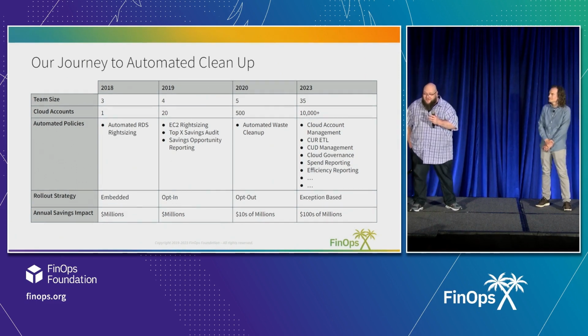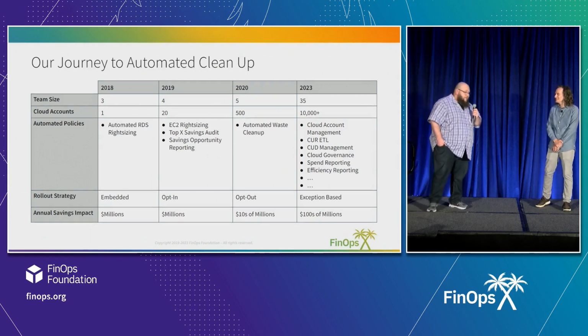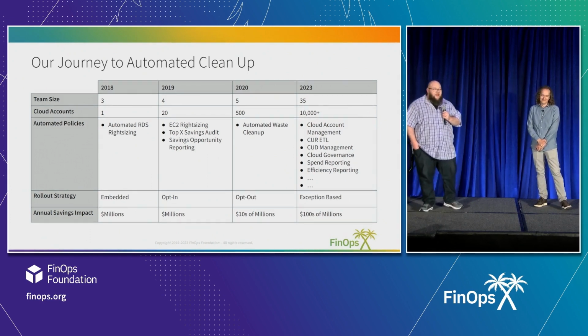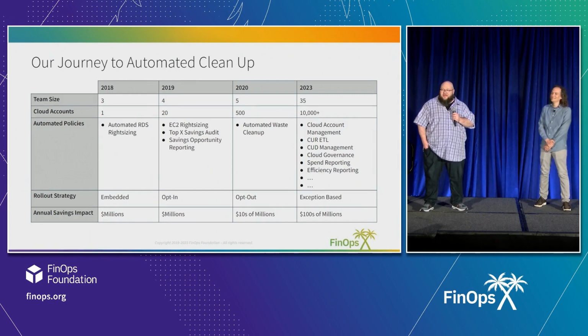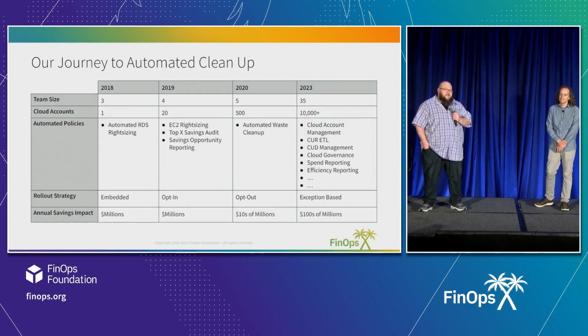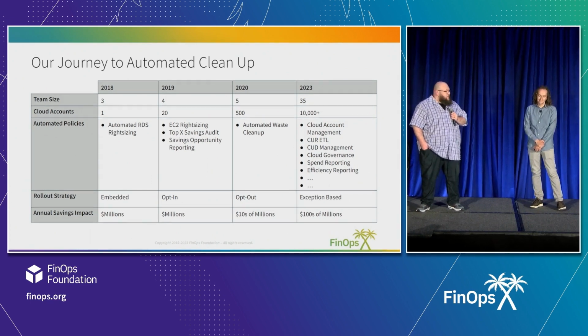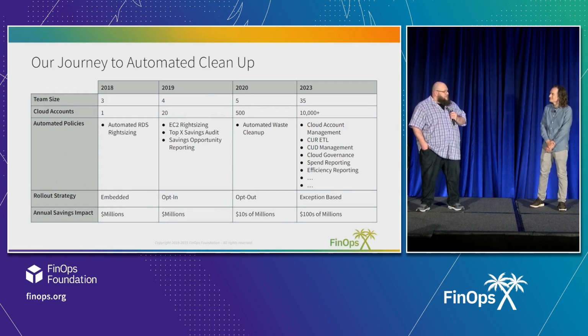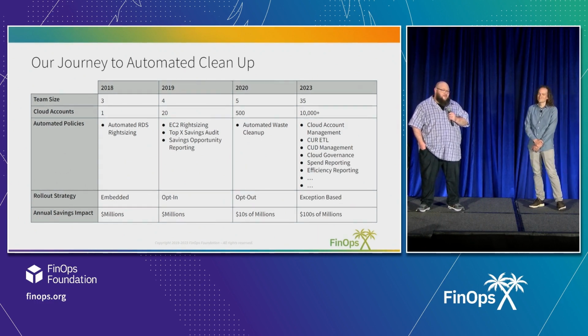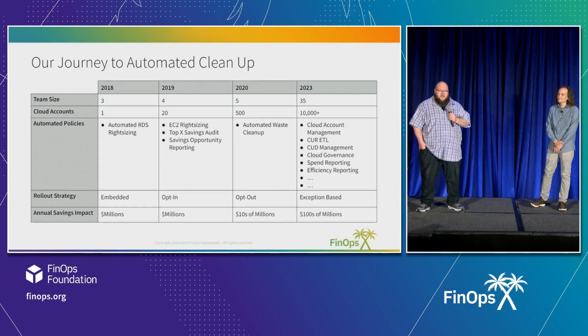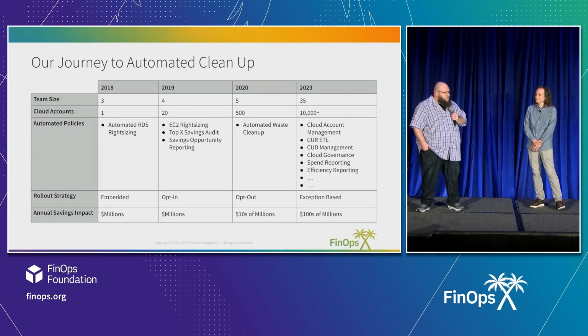At the end of that, we basically said, forget doing database architecture. Let's do cloud efficiency and automation. There's a huge opportunity here. And so going into 2019, we just kind of followed the performance metrics. We said, hey, look, if the databases are idle, I bet you the compute's idle. So we looked, and there was a lot of opportunity in EC2 right sizing. So we started working on that.